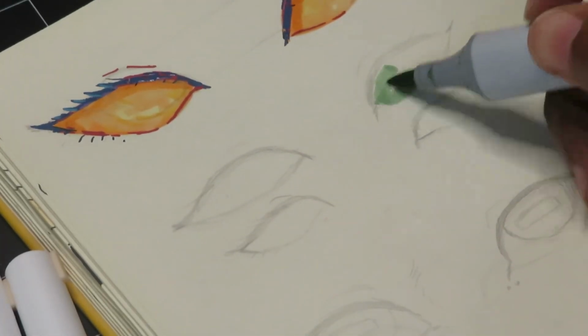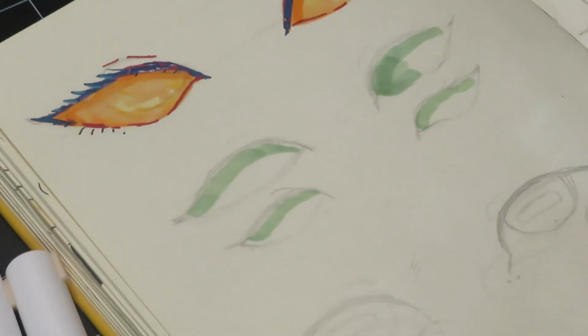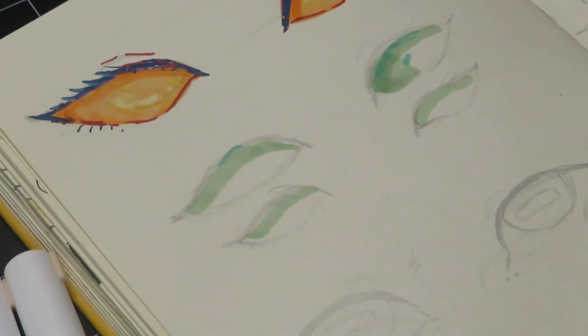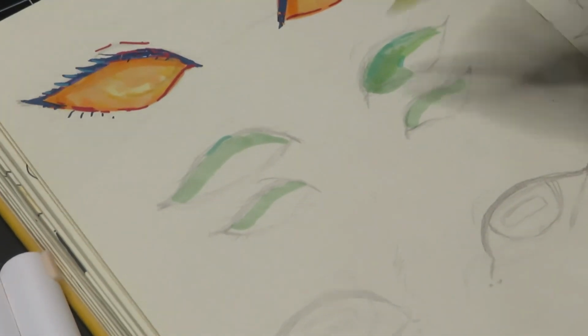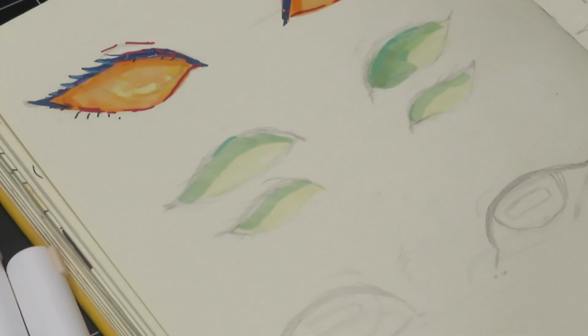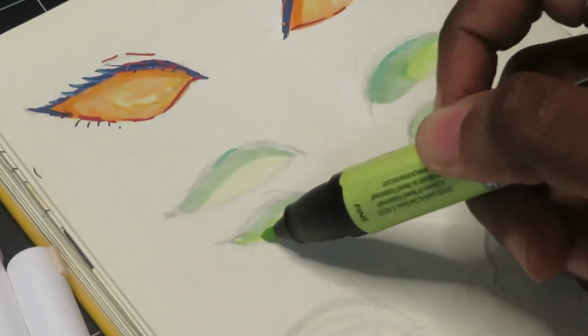As long as it's dry, it doesn't tend to smudge or move, so that's good. Because I know some inks, you can't lay them down before you lay down alcohol markers. Alcohol markers are a tricky medium. See, I'm even blending different brands here. Like, I don't really even care, but